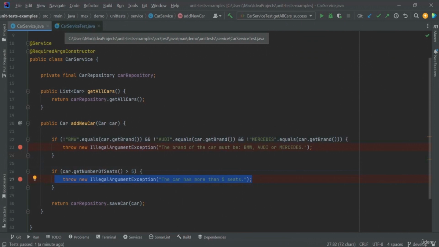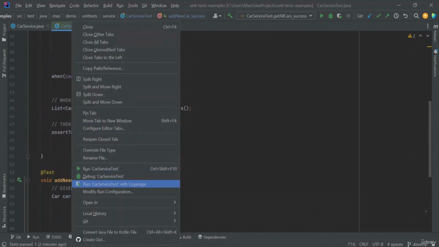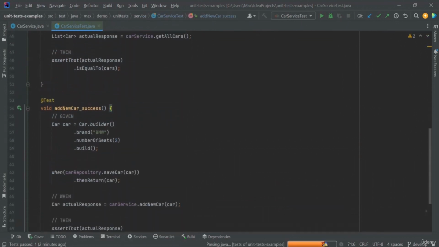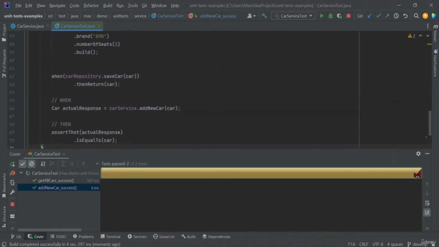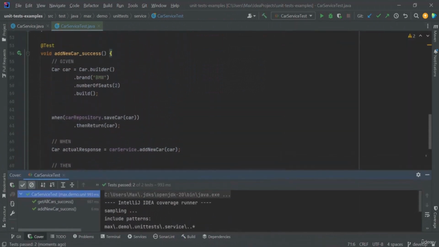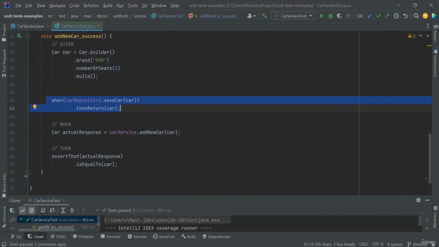So this is an issue when it comes to code coverage. So what is code coverage? Let me show you. We will run this unit test right now with coverage. So as you saw, we are having the first getAllCars method tested, and we are also having the happy path tested for the add new car method. So we are having a car is a BMW, the first validation is a success, the number of seats is lower than 5, we mock the repository call, then we call the actual method that we want to unit test